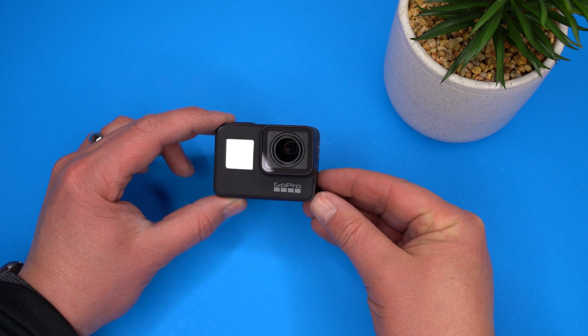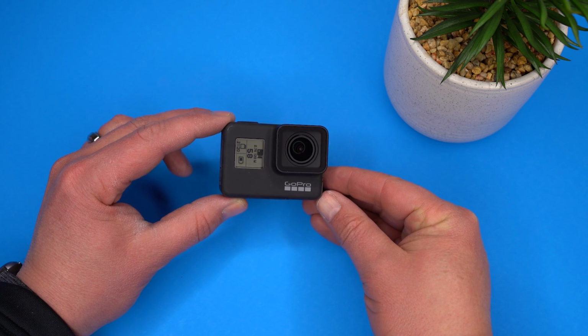The GoPro Hero 7 Black. Released in late September of 2018, it was heavily hyped to be the greatest thing in action cameras since action cameras were a thing. Now that it has been out a few months, it seems that the hype was real. With improved stabilization with HyperSmooth, new features like TimeWarp, and improved audio, it looks like the GoPro continues to